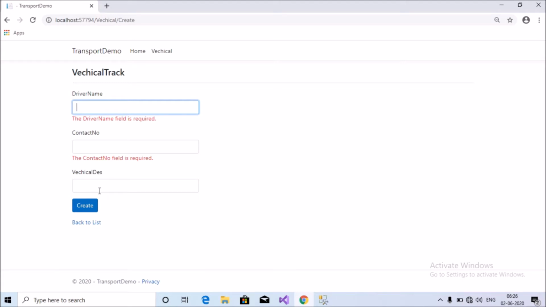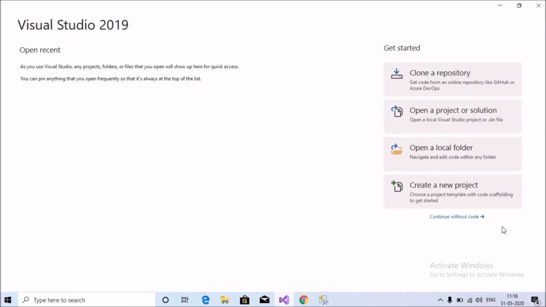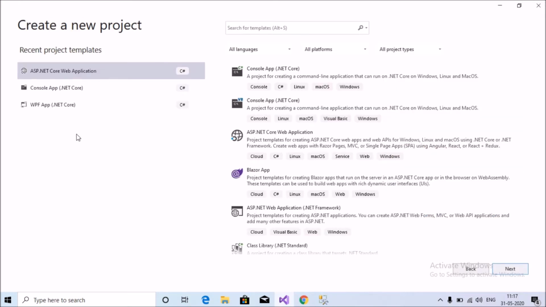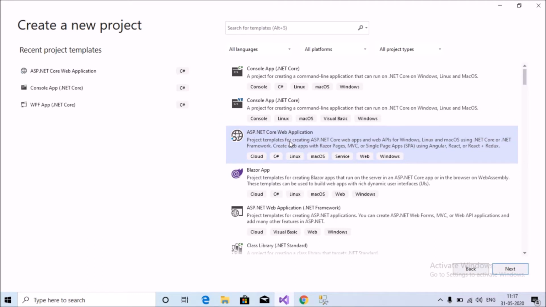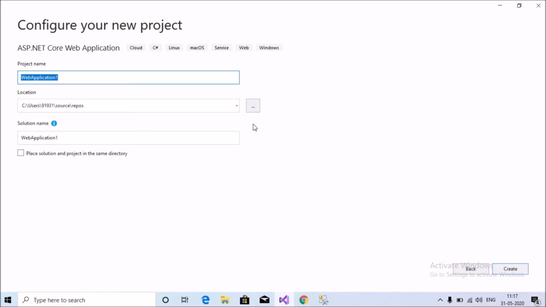Let's start the implementation of this project. In Visual Studio 2019, you can see here create a new project. Click this one. You can see here ASP.NET Core web application. Select this one and click next, and put here your project name.